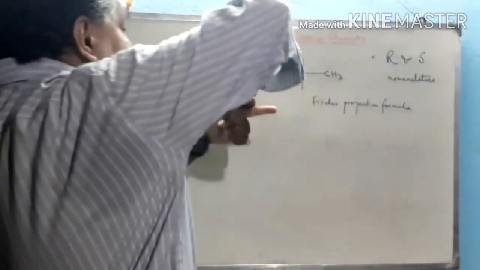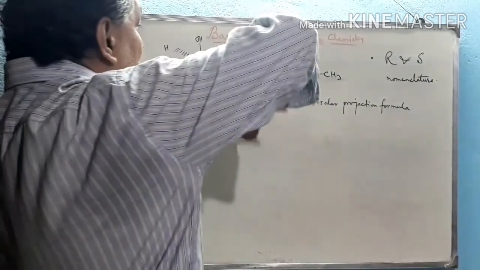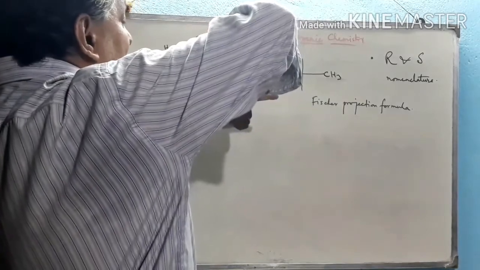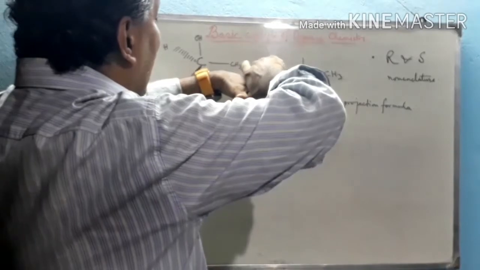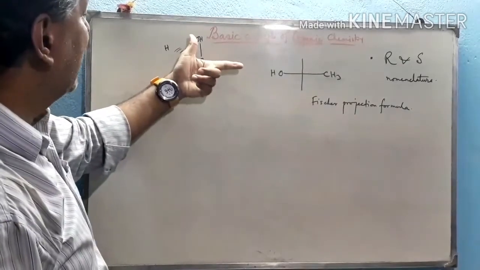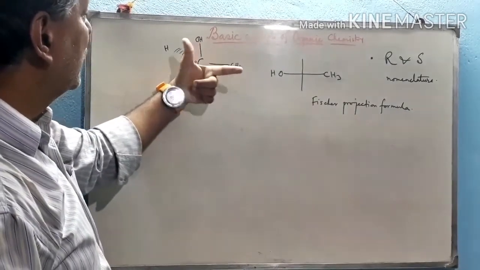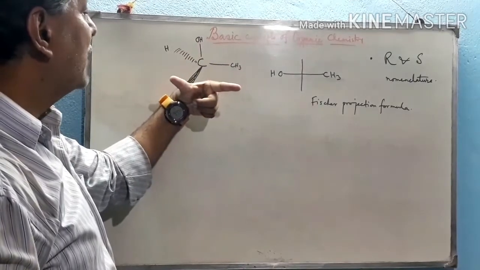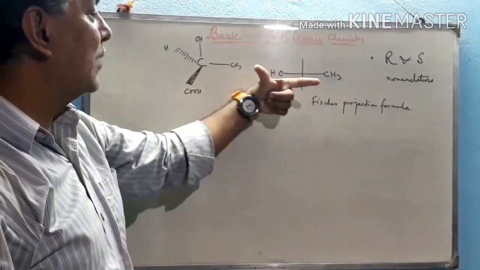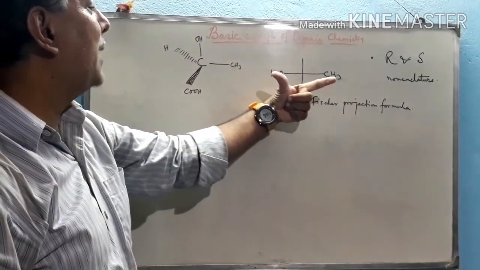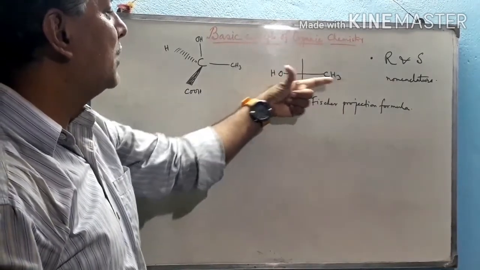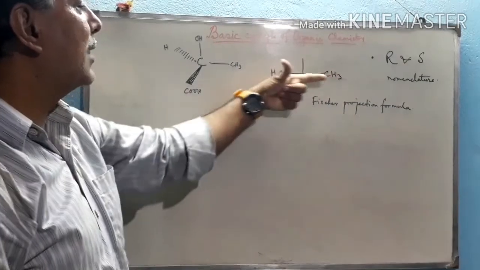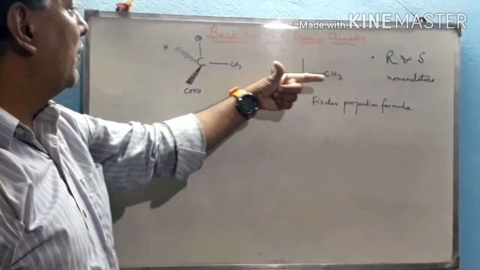Now these two, shown by my right thumb, are the COOH group and H below the plane. If we tilt this 90 degrees towards me, then OH and CH3, which were on the plane, are shown by the horizontal line in the Fischer projection formula. So OH is on the left-hand side, represented by the thumb, and CH3 on the right-hand side of this projection formula, on the horizontal line, shown by the directing finger.